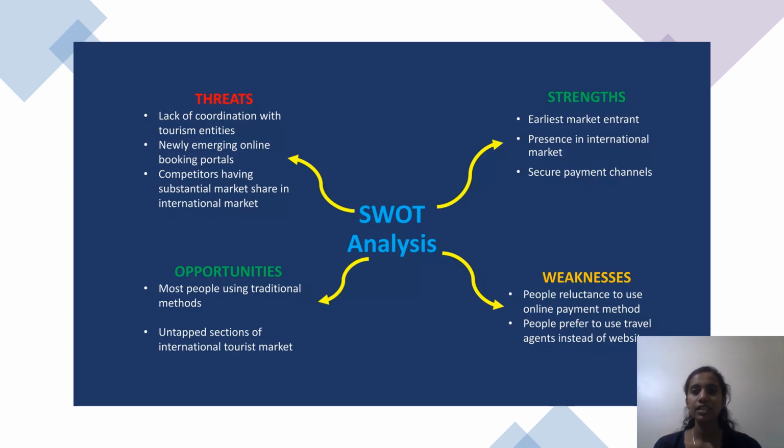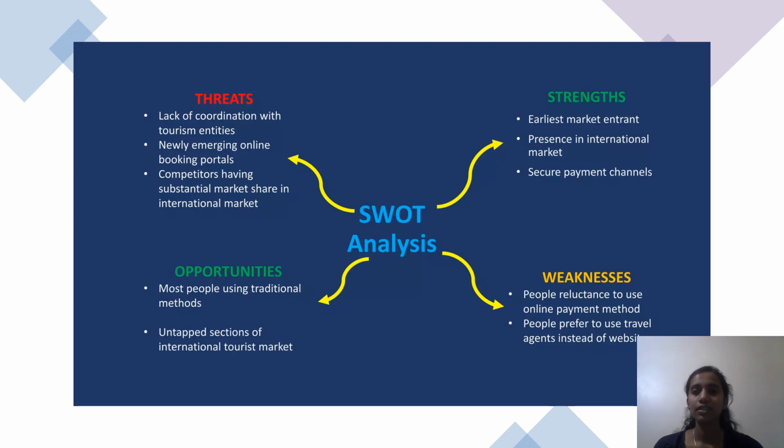Coming to the weaknesses, people are reluctant to use online payment methods and prefer to use travel agents instead of websites. Many of them prefer offline payments and offline connections with any other person or